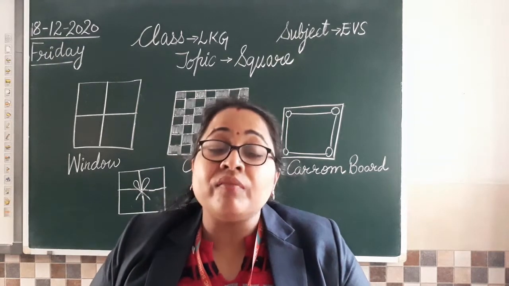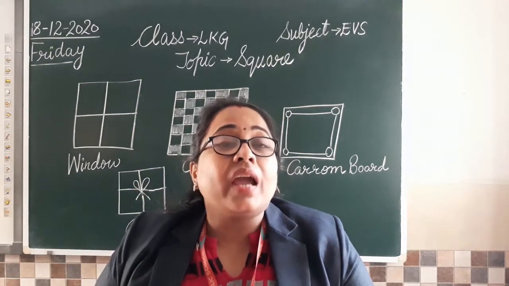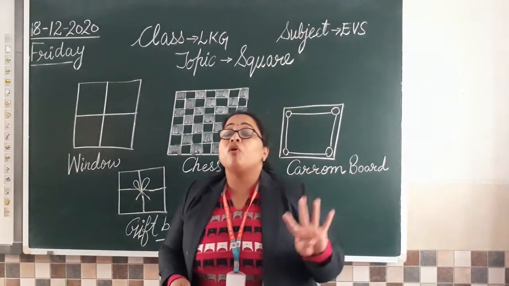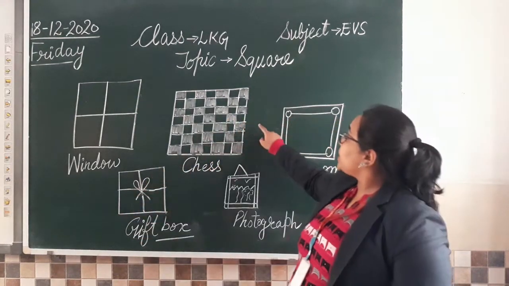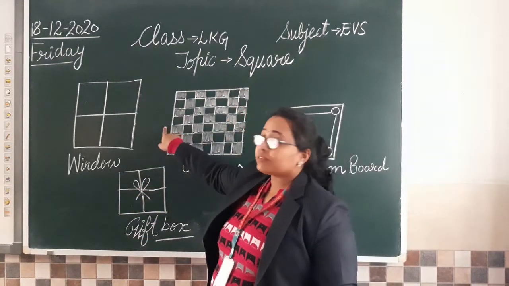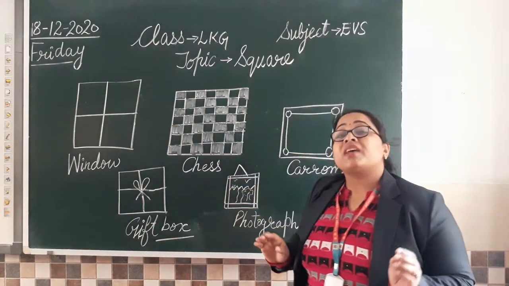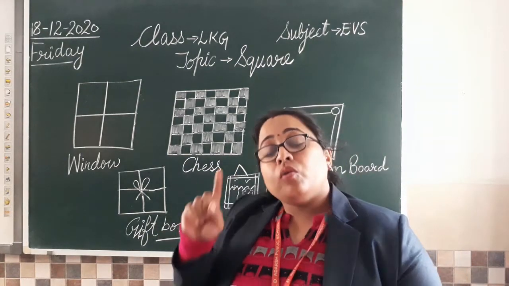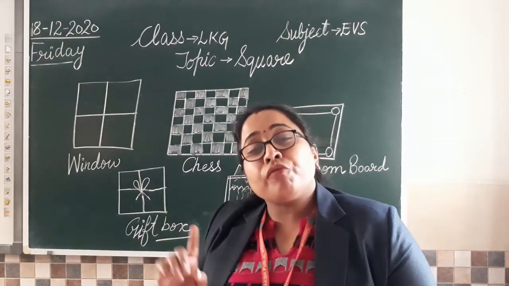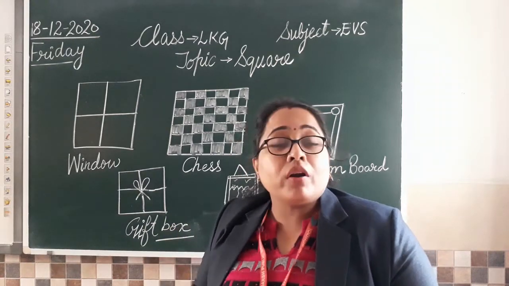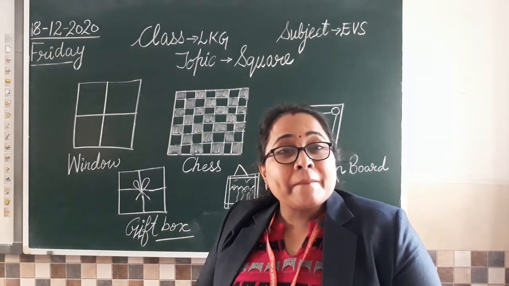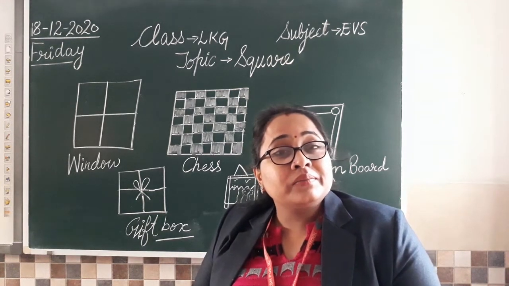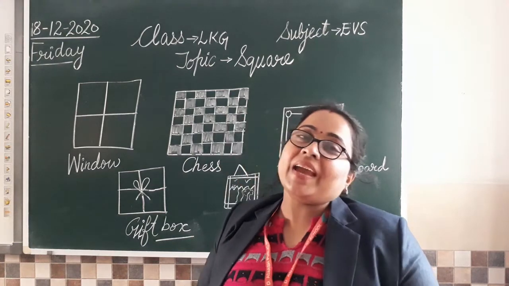And in maths, in your previous class, that means on Wednesday, I taught you about a shape. A shape which has four sides, isn't it? A shape having four different sides and all those four sides are equal. मैम ने आपको ये दो चीजें बताई थी, उसकी four sides होंगी और four के four sides equal होंगी. Then what shape will that be? Hurry up, tell me. That will be a square shape.